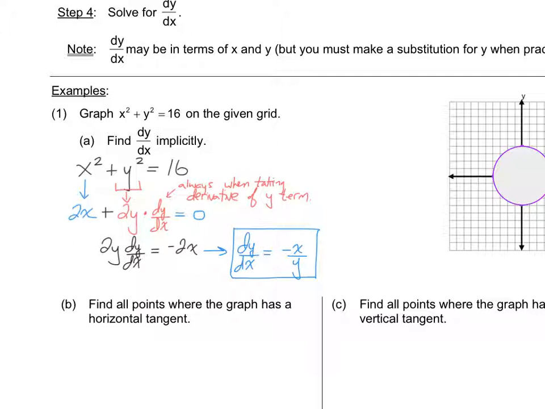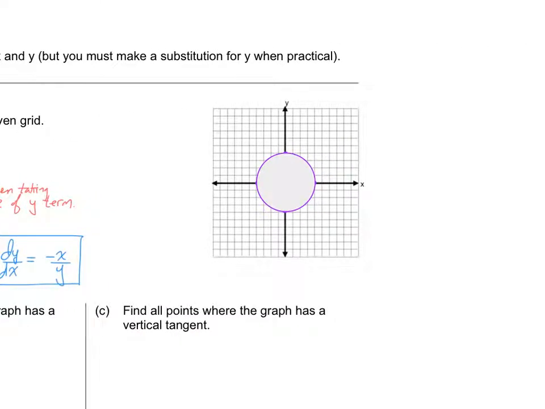Part B is asking for all the points where the graph has a horizontal tangent, right? Horizontal tangent, you can get that visually, or you can get it off of the derivative equation. Visually,